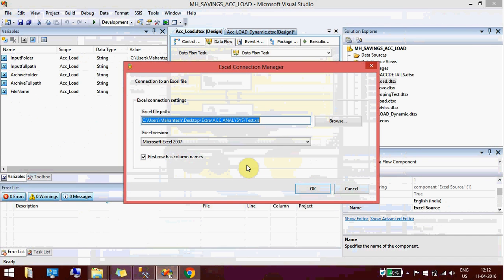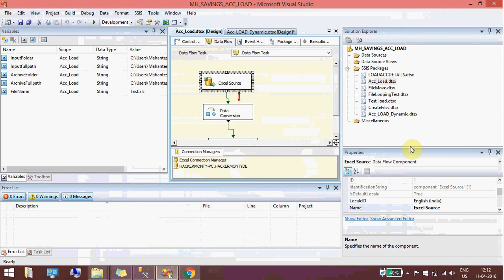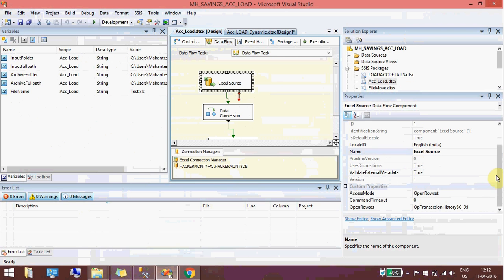I have given an example test Excel. You need to define that. One of the most important things is to see where the data starts. As I mentioned at the start, the data starts from C13, so I have mentioned C13, and you need to mention that.